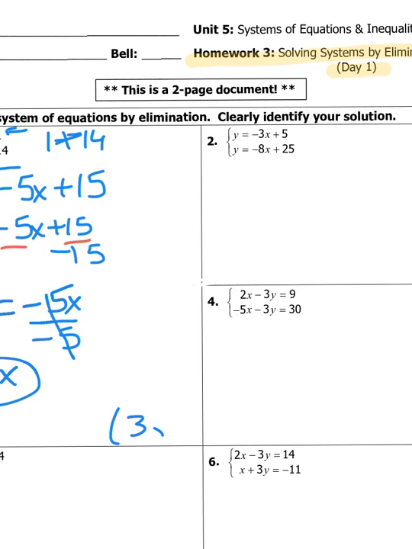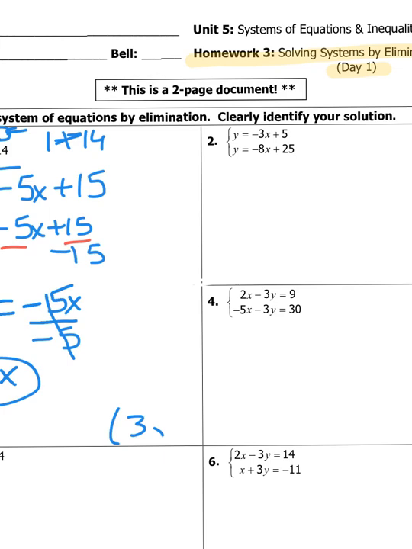Now we still have to solve for y. So we have to take this x equals 3 and plug it into one of our equations above. And we have to think which one is the simpler one to plug it into. When I say simpler, what I mean is we want to plug this x into the equation that has the smaller, or the simpler, coefficient. So when it comes to our coefficients up here, which is simpler, do you think? The -1 or the 4? Hopefully you're agreeing with me that the -1 is simpler than the positive 4, because we'd have to multiply 3